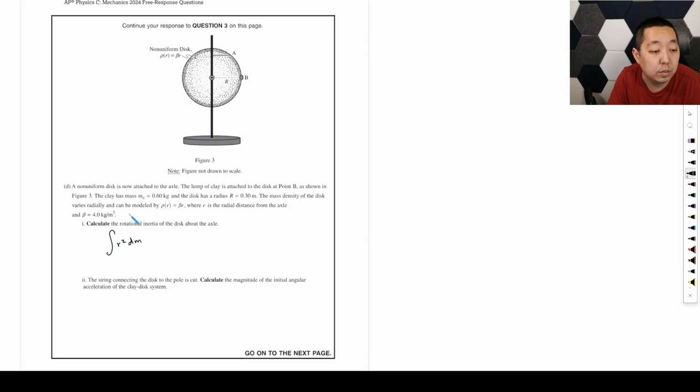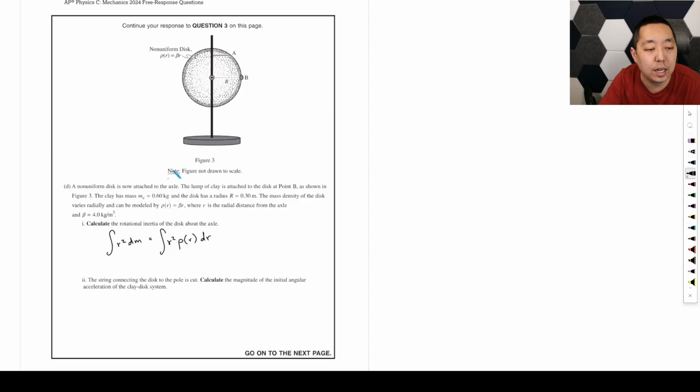Now, what they're telling you is the mass density of the disk can be modeled where r is the, so I think they just want you to do r squared times the density times dr. This is a little bit tricky. Yeah, I think that's what we're gonna have to assume, that it looks like this. It's not super clear. They're saying the mass density of the disk varies radially. So